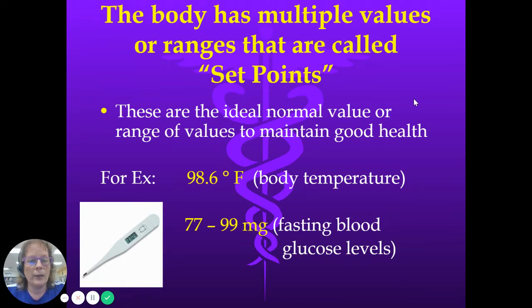All right, so the body has multiple values or ranges, as I was just talking about, with temperature, blood pressure, all that. Those normal values or normal ranges are called set points, okay? They're just the ideal normal value, or sometimes there's a range of values. Like in my examples below, normally 98.6 degrees for body temperature. But when you're looking at things like blood glucose levels, there could be a range. Blood pressure, there's a range. So as long as you fit in that range, your body's doing its job at maintaining homeostasis